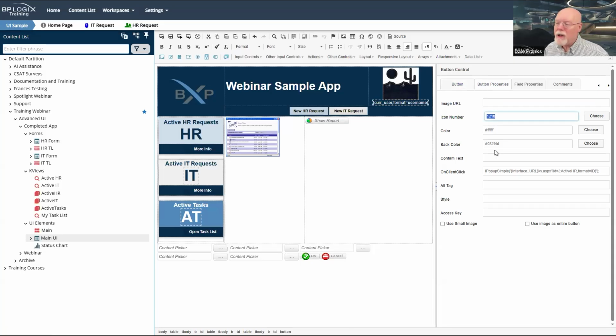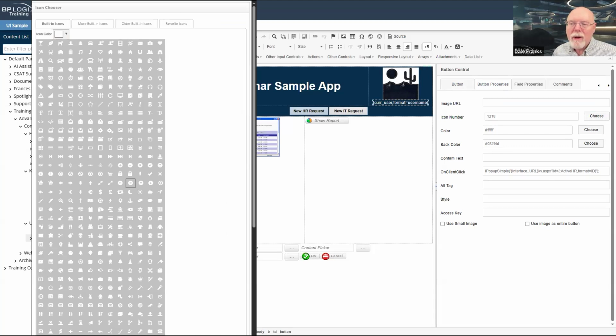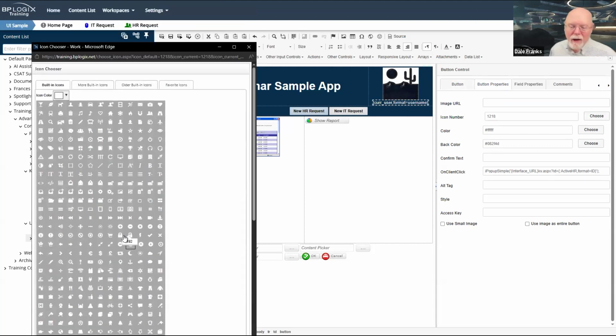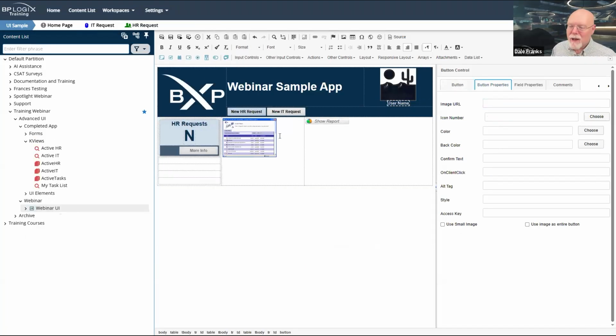Now we can use the icon chooser, of course, anytime we want to select an icon. So here we go. We can see this. This is 1218. Now I'm a little lazy. So instead of using the icon chooser here, I'm just going to type in 1218. The color, I want the text color to be white.